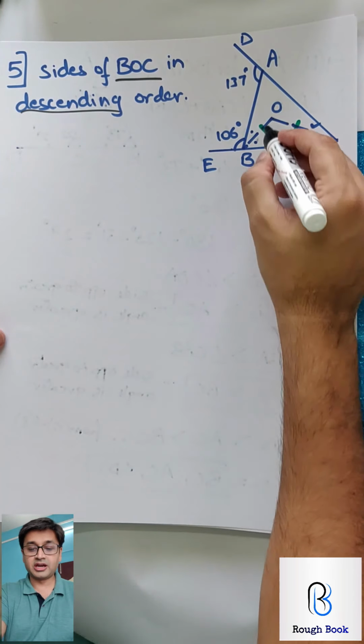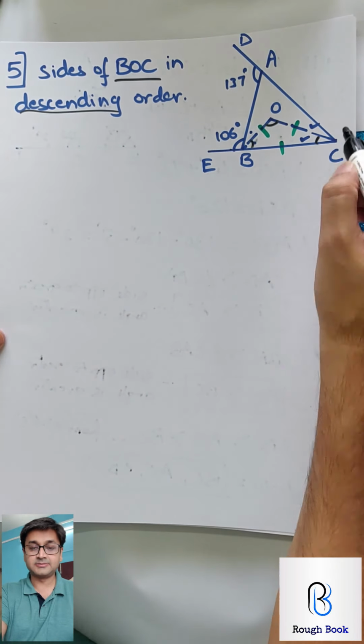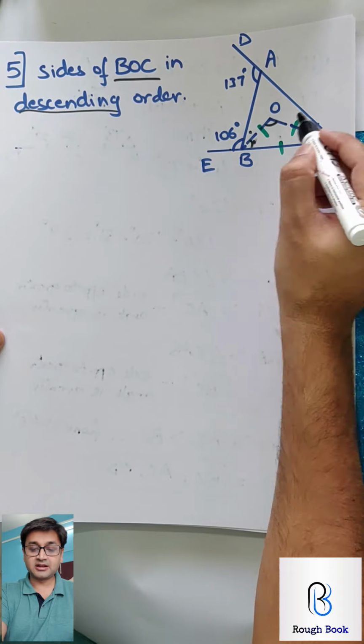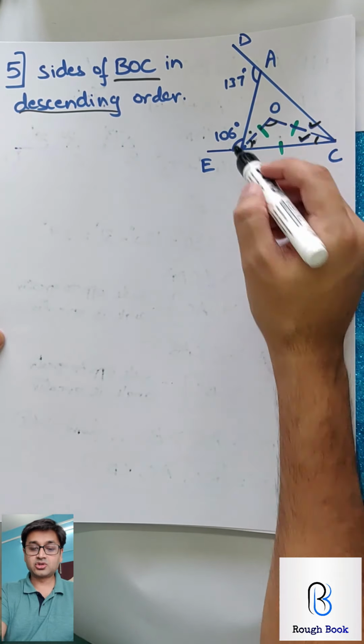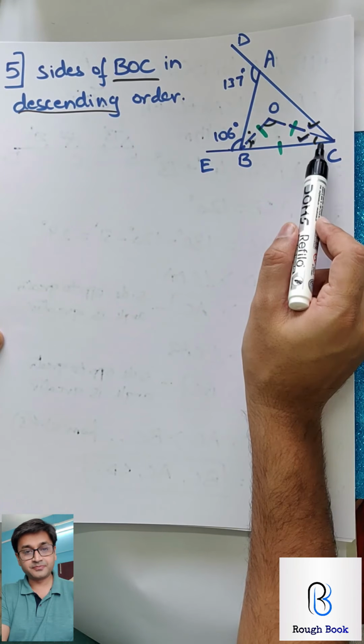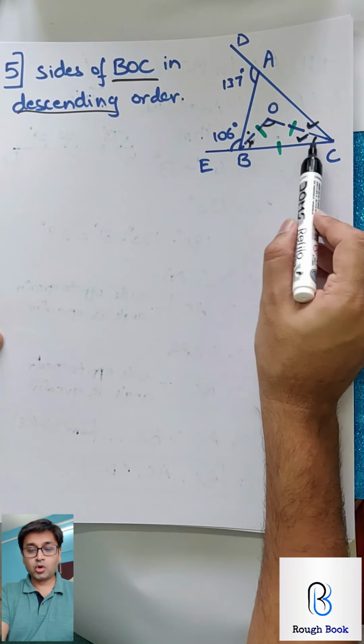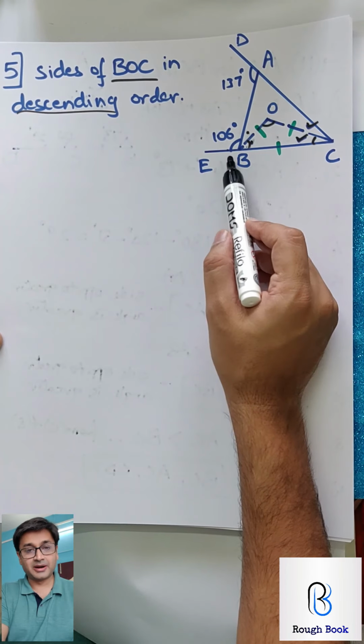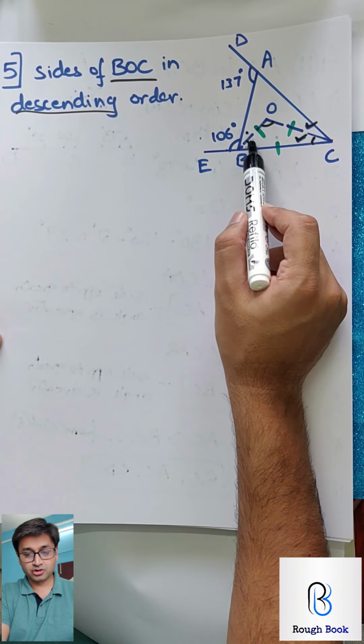How are you going to get it? For that you need all the three angles. They said that these are bisectors over here, and these two angles are known. If this is 106, can I get the entire ABC? Linear pair. And then OBC will be half because this is the bisector. So I can get this angle for sure.